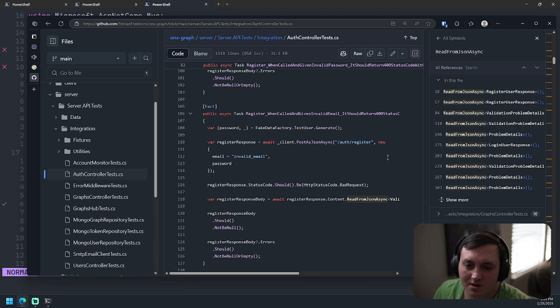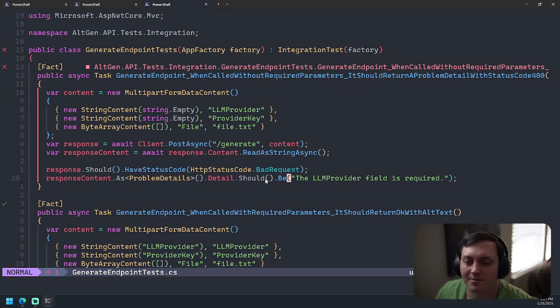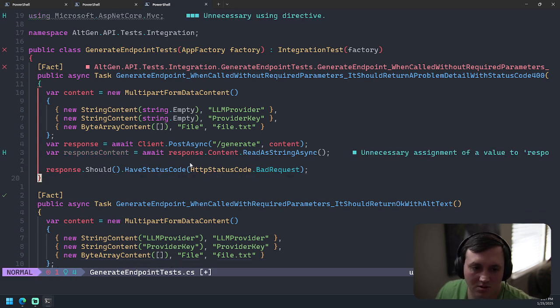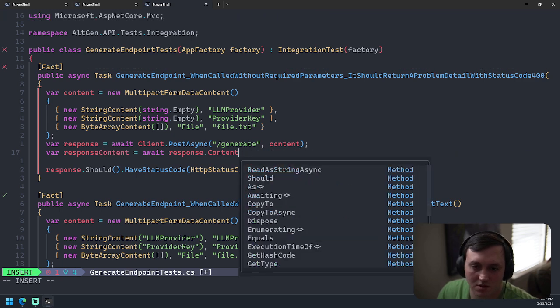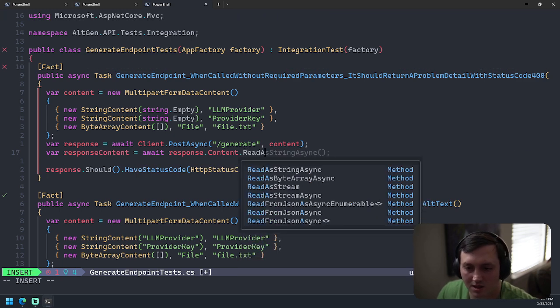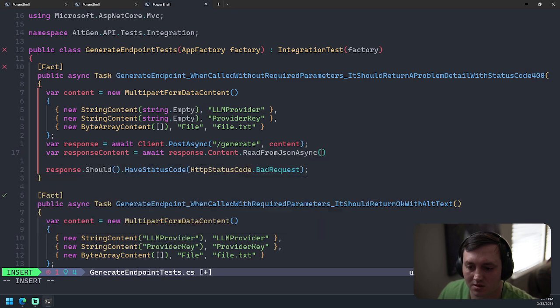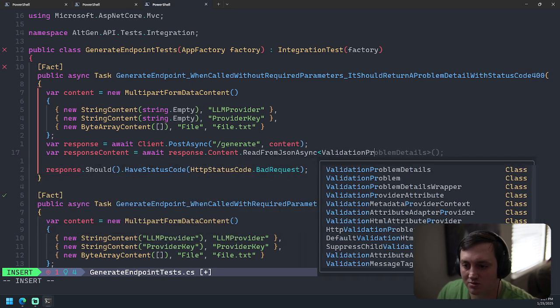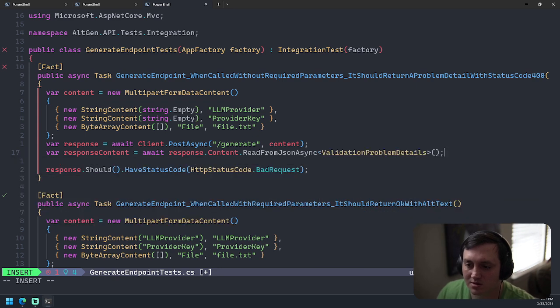Okay. I guess that makes sense. The way I'm trying to do it doesn't really make sense, does it? I actually need to probably not read as JSON, validation problem details.